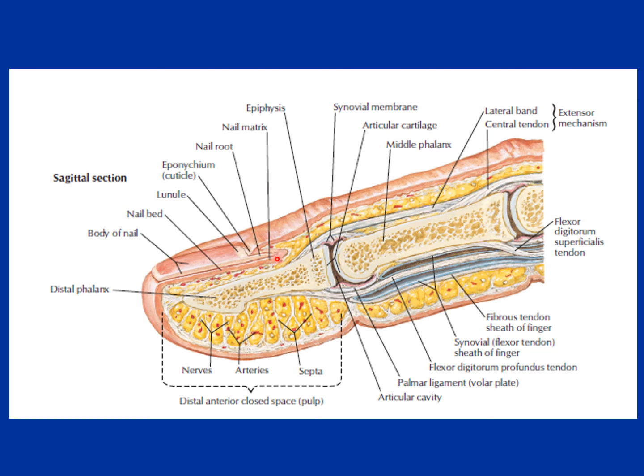On the other side, the whole area of the nail which we see is known as body of the nail. Then where the nail is lying on the finger, that is known as nail bed. Its posterior part, which is a little bit whitish, is known as lunula, and where it is attached to the skin, that part is known as cuticle, and the nail extending underlying the skin is known as nail root. Those are the parts of it.